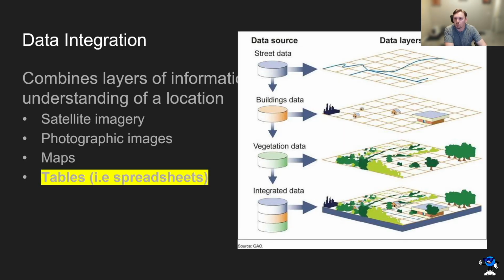So for integrating data, it combines the layers of information